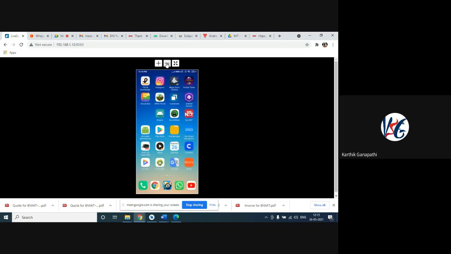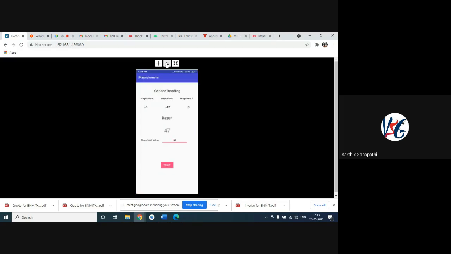After this, the magnetic sensor. You can see the magnetic sensor in x-axis, y-axis, and z-axis. The threshold value of the magnetic field, because this is a magnetometer. As I told, all the Android phones come with the latest sensors.